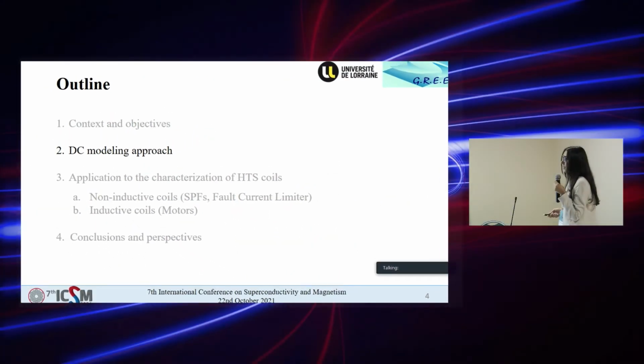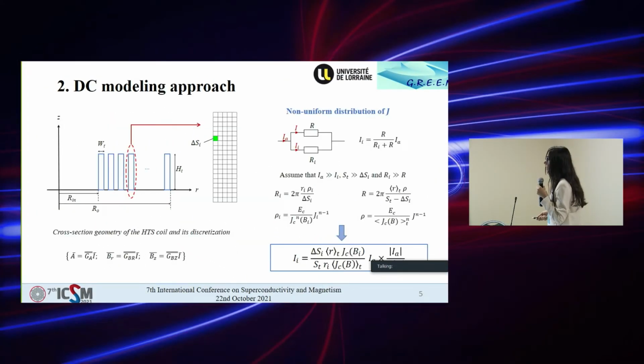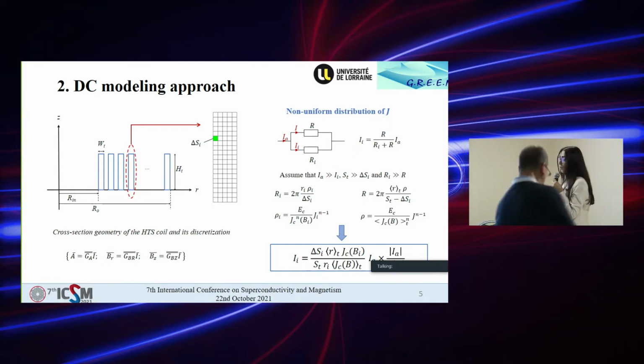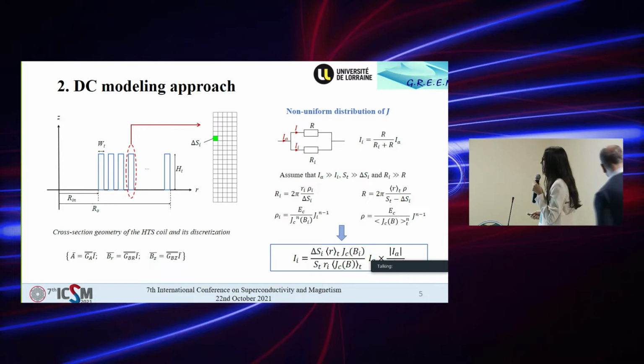Now I will present the DC modeling approach. The modeled system consists of a circular pancake coil. Here is the cross-section geometry of the coil, where each tape is discretized into elementary sections, delta S, in the radial and axial directions. The modeling approach is based on numerical integration of the Biot-Savart equation to calculate the magnetic vector potential and the radial and axial components of the magnetic field, combined with a strategy that considers the